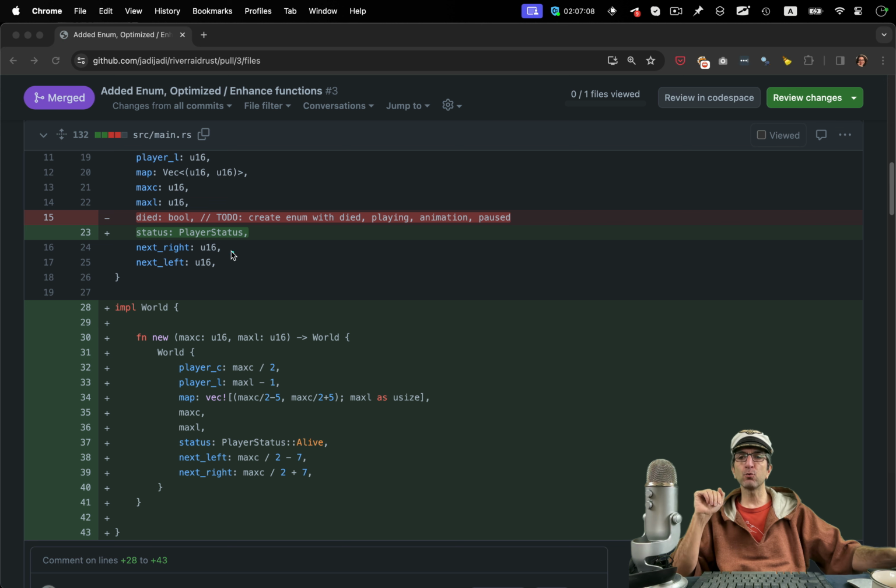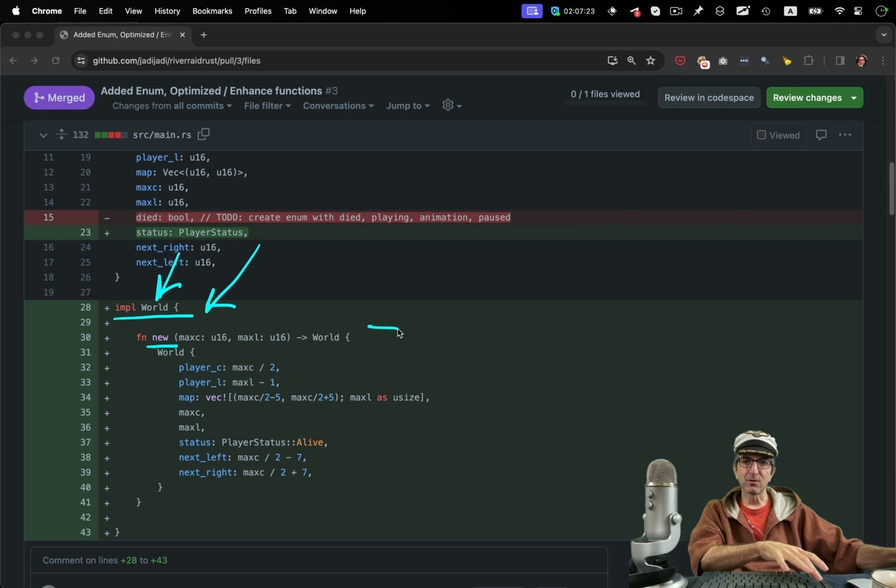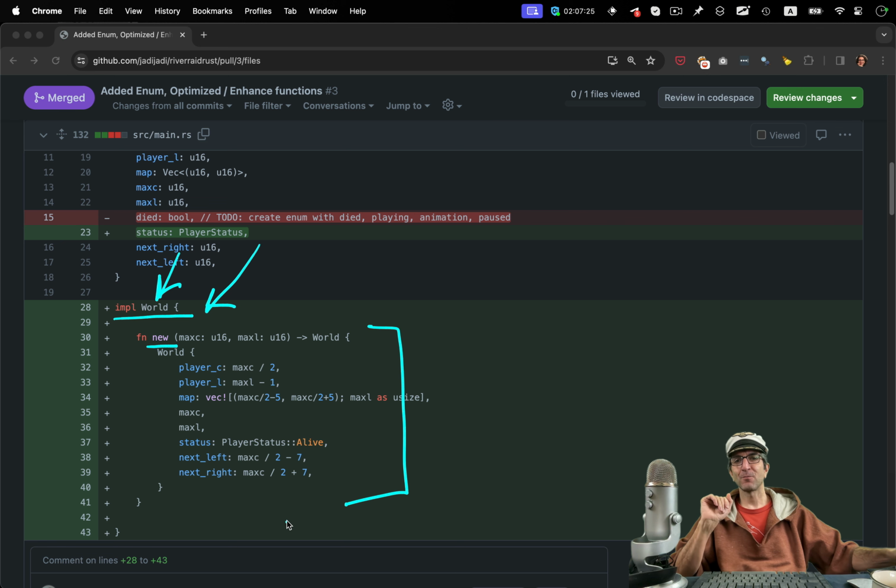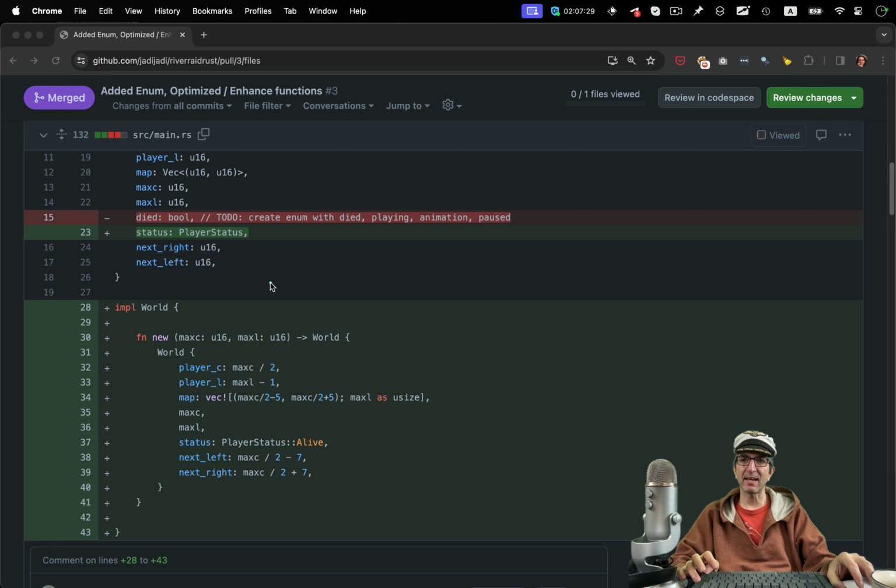A better method would be creating some function called new on the world. So he says implement on the world function new. So whenever I have a new instance of this struct, it would be like this. So it's kind of initializing. Much nicer. Thank you,